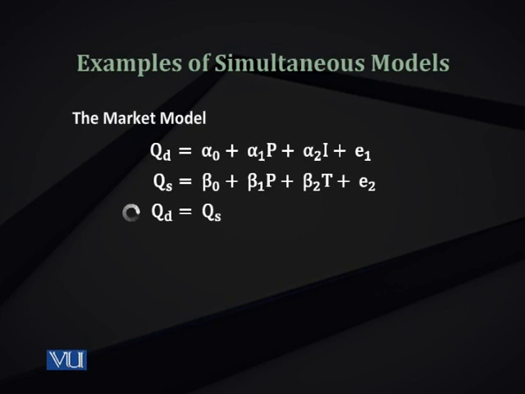You know that demand and supply are interdependent, so quantity demanded is equal to quantity supplied in the equilibrium. So the market model is solved by equating the quantity demanded and quantity supplied. So they are determined simultaneously. So you have a quantity and you have a price at the equilibrium point. And you cannot isolate these two equations and estimate them independently.